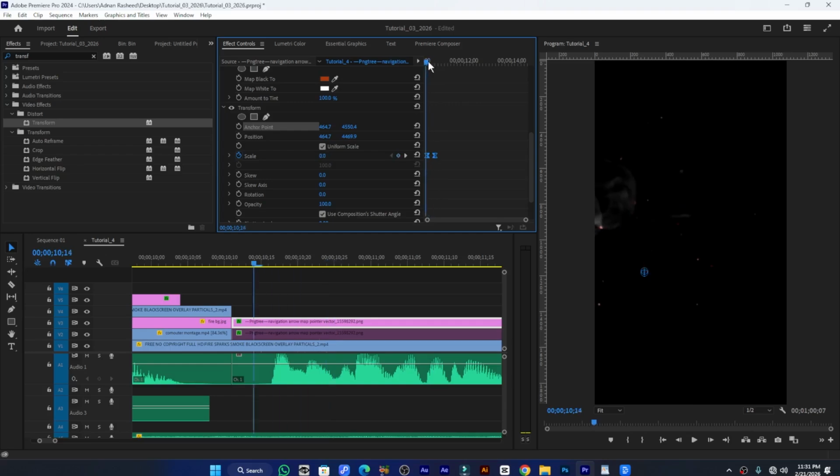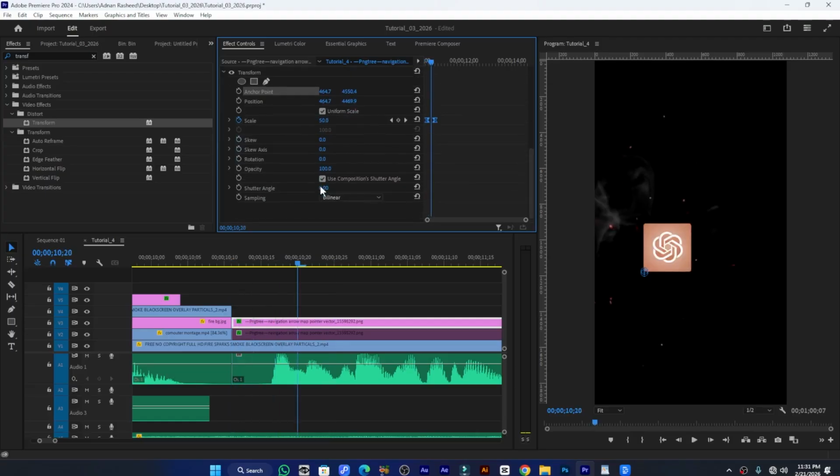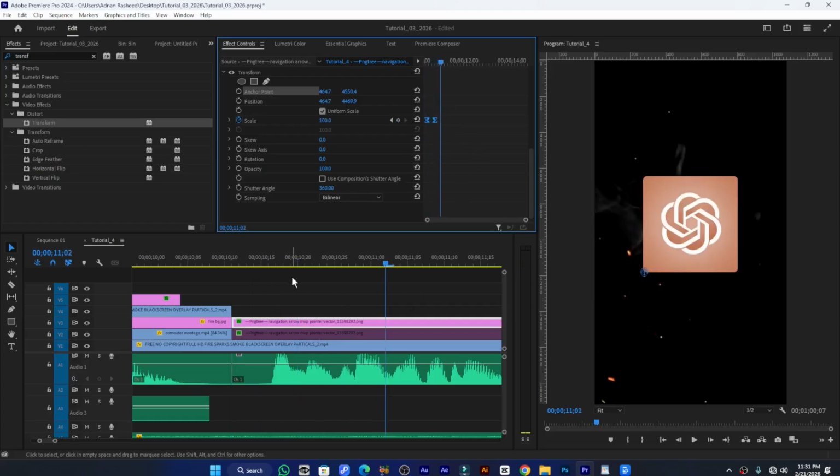So now you can see, and also I want some motion blur over here. For that, let's go down and here is the use composition shutter angle. Uncheck that and set the value 360. You can set it according to your need. Okay, and here you can see some motion blur. Let's see. This is Chat. Okay, at this point